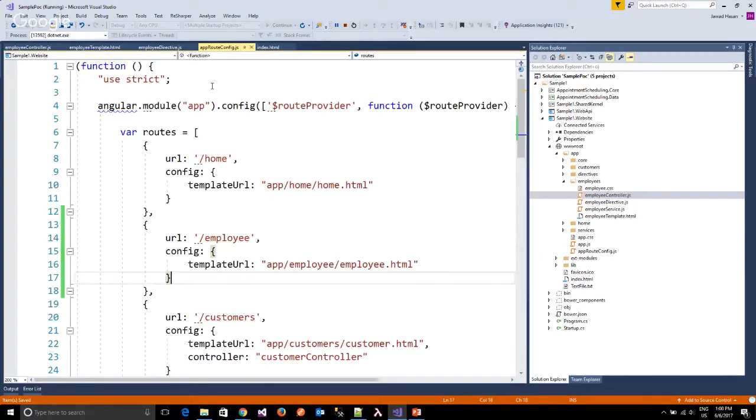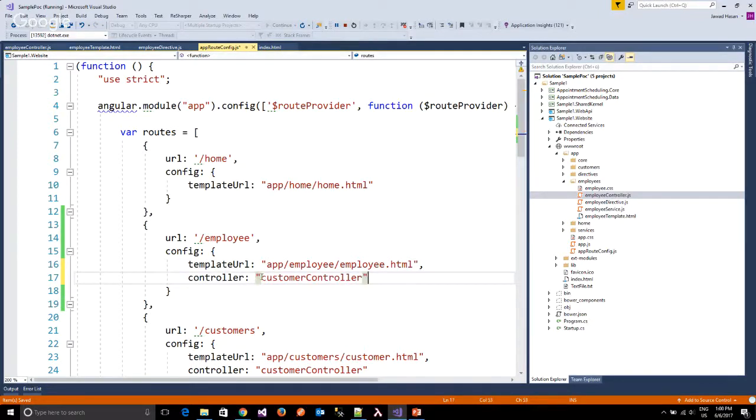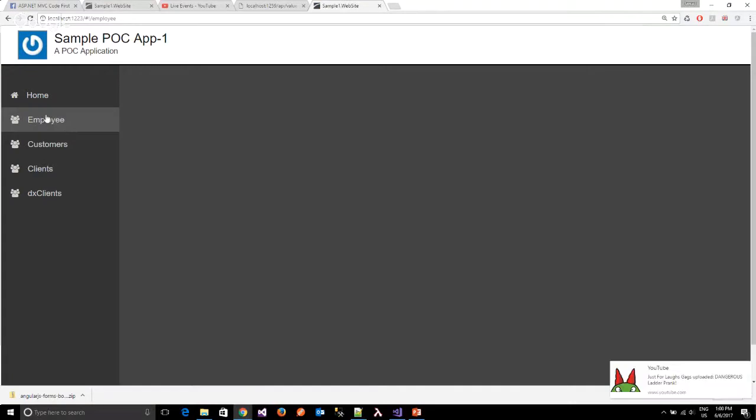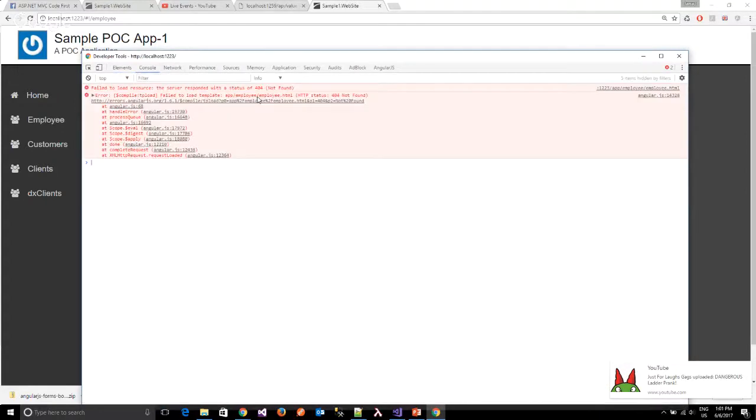And in my route config, if I provide the controller association as well, this is our route from here to here. Okay. If I refresh everything, hopefully my browser cache is already fine. So if I click employee, I got some weird error. It is saying failed to load template app employee.html. Of course, I gave it the name employee template. I'm trying to load the employee